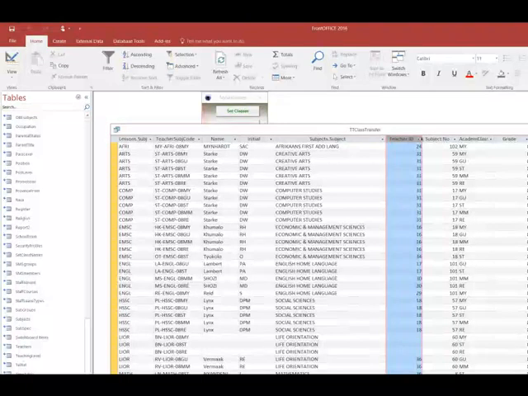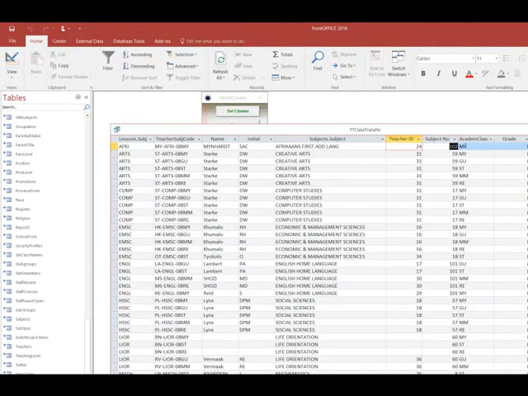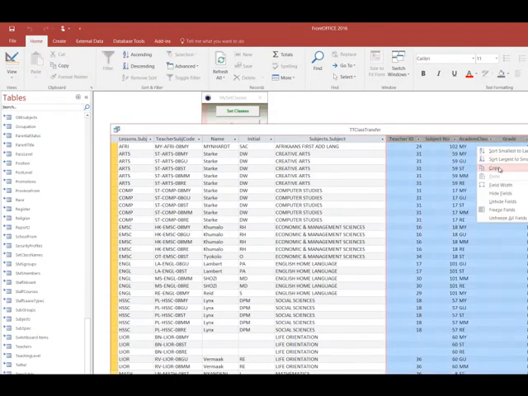So now we have the five essential fields that we need to pull into the database. It's going to have the teacher ID, so it'll know who the teacher is. The subject number, it'll know the subject. It's going to call the class 8MY, and it's going to default to that weighting. So we simply copy that,